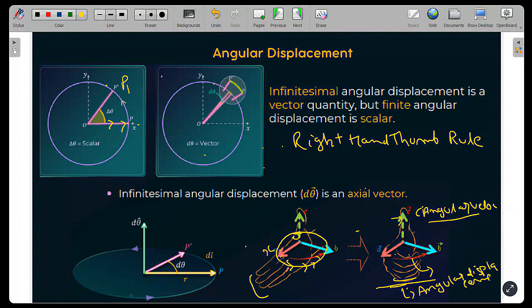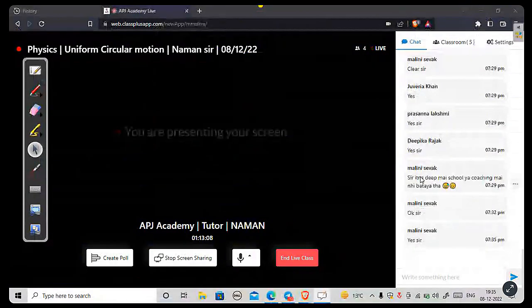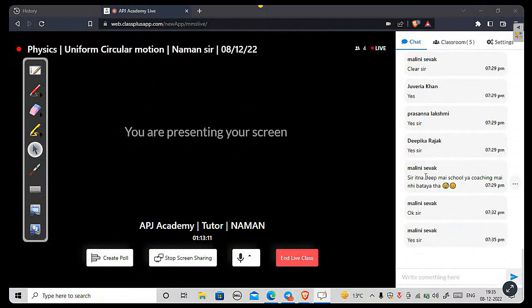I will repeat the rule once again if you are not clear, but just tell me if you got an idea, आपको थोड़ा सा समझ में आया कि कैसे ये रूल लगाना है। OX जो आपका रेफरेंस रेडियल लाइन है उसके अलॉन्ग अपनी फिंगर टिप्स को रखना है, फिर जिस डायरेक्शन में मोशन हो रहा हो उस डायरेक्शन में कर्ल कर लो। वो कर्लिंग आपके एंगुलर डिस्प्लेसमेंट की डायरेक्शन है, और जो थंब है वो एंगुलर वेलोसिटी की डायरेक्शन बताएगा। ठीक है, तो ये छोटा सा रूल है। Just tell me if you have understood all the aspects of today's class and we will take this up tomorrow। इतना डीप में स्कूल या कोचिंग में नहीं बताया था।